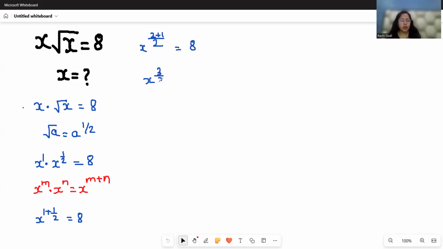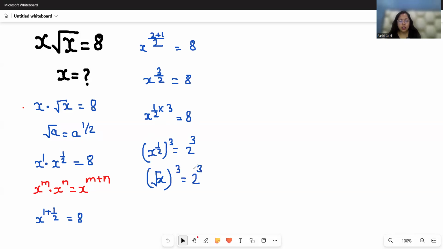So x power 3 by 2 equal 8, or we can write it as x power 1 by 2 times 3 equal 8. So this becomes x power 1 by 2 whole power 3 equal 8. We can write 8 as 2 power 3. Now this x power 1 by 2 we can write as root x whole cube equal 2 power 3. Now on comparing both sides,